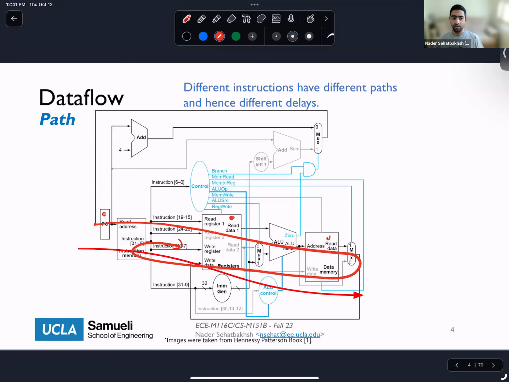Essentially, the life cycle of an instruction starts with reading things from the PC and ends with either writing to the memory or writing to the register file. That's usually what happens for each instruction. So in order to make sure that all the instructions in my ISA are correctly executed, I need to make sure that the longest path, the longest time among all of these instructions,